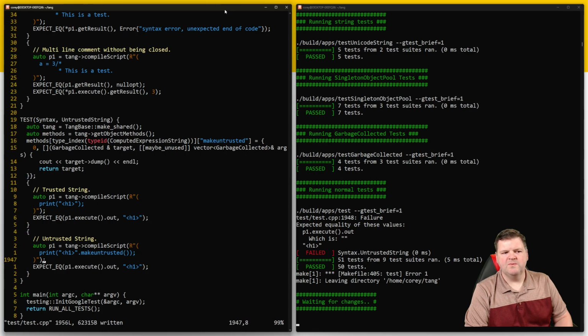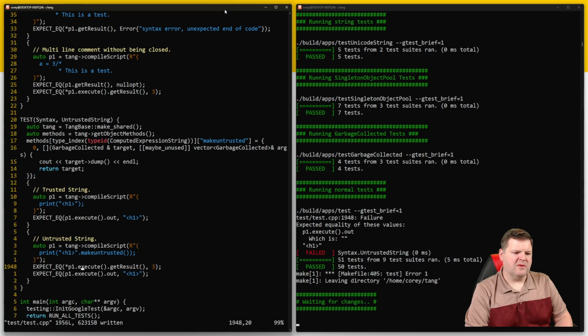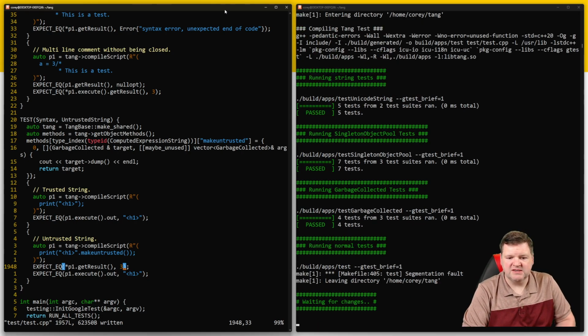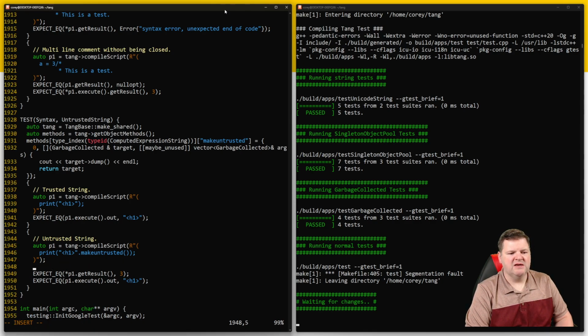All right, so I'm just going to see if the result is an error before it gets executed. Segmentation fault. So I don't think it is. So if I were to say cout p1 dump bytecode,